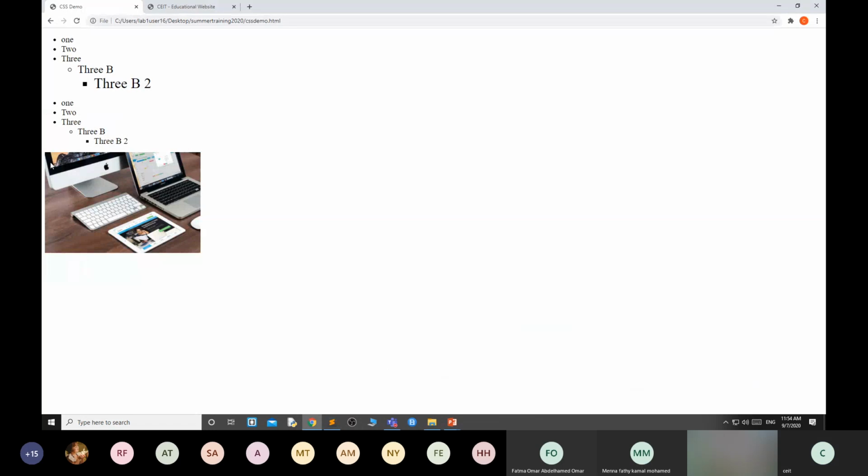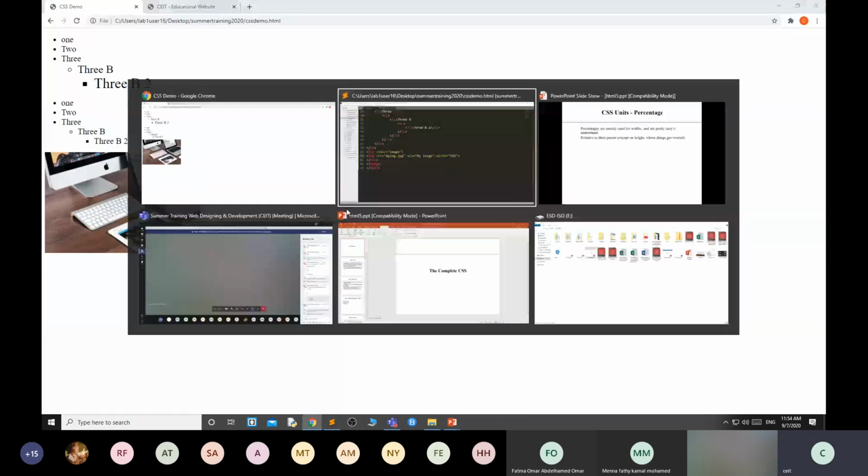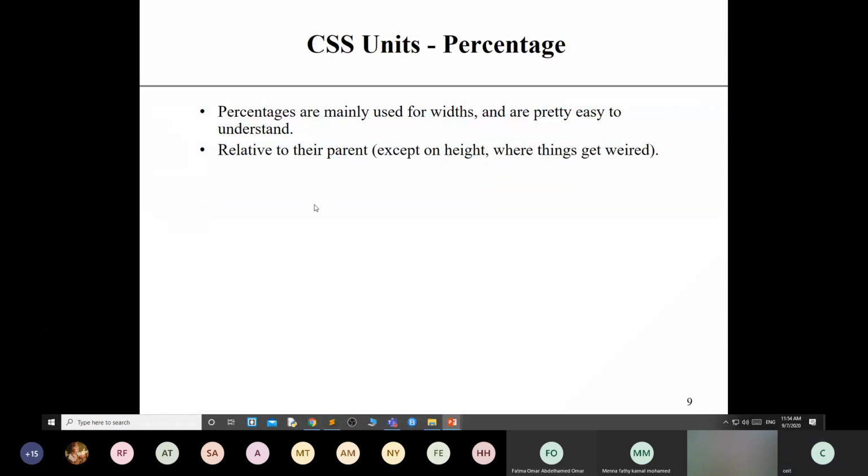Once you change the width to 50%, the image gets small. Like this you can use the percentage. For height, normally we are using view height, VH, or EM or PX.